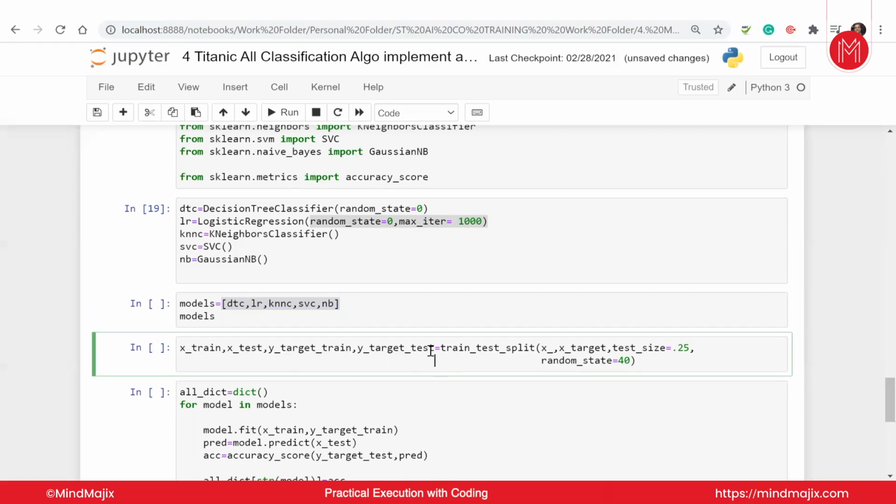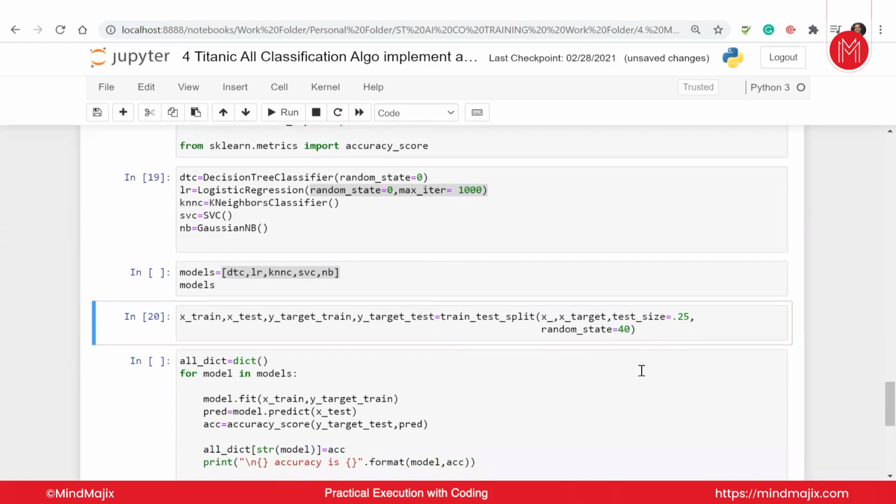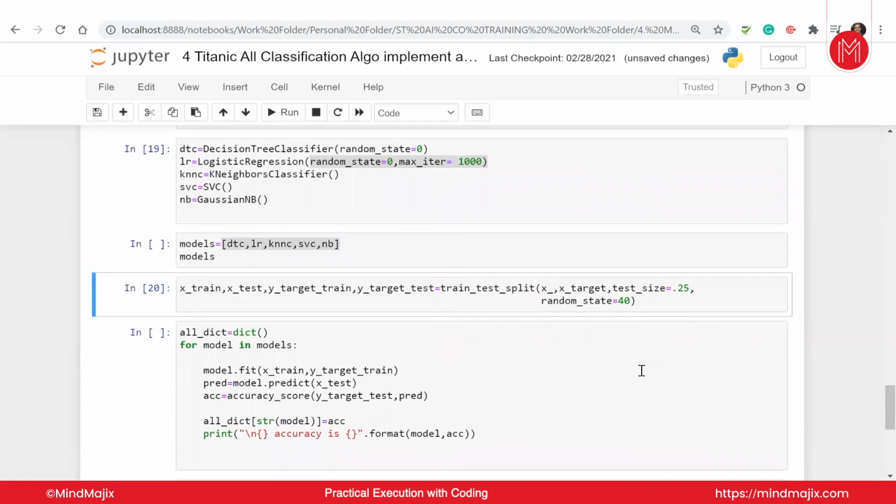So I'm creating four variables, train and test, and I'm giving it to train test split. I'm giving my X and target, the independent and dependent columns, giving the ratio of 75 to 25, and random state is 40 here. Running this, I get my four variables. The ratio is 75 to 25. Let's go for the fitting now. Fitting is very simple and straightforward, and if you are clear with the for loop, it will not take much effort. But in case you have any doubt with for loop, I strongly recommend you revise for loop before going through this code.